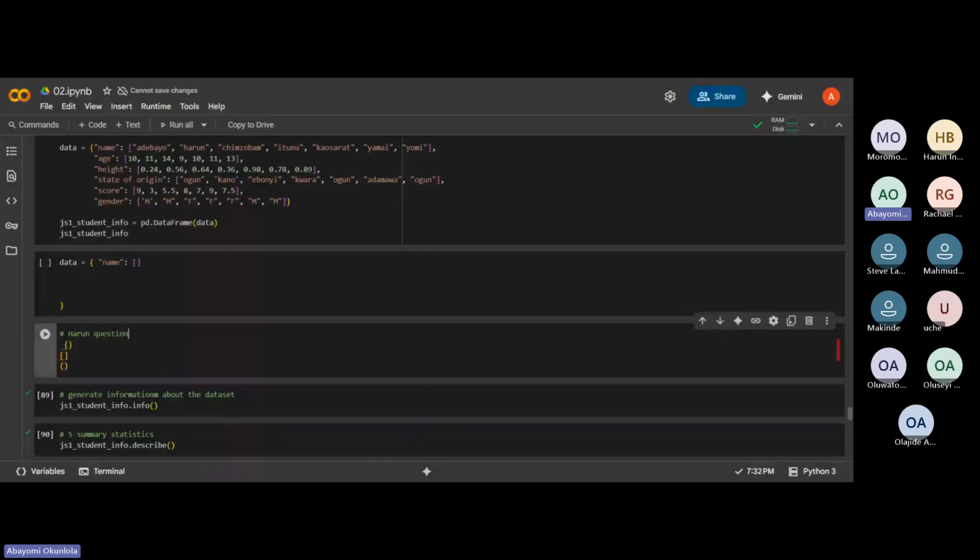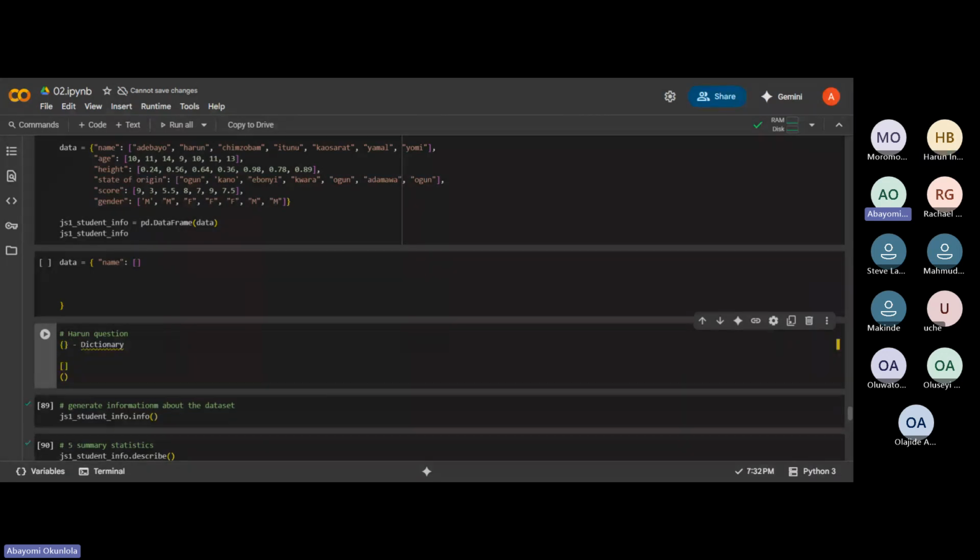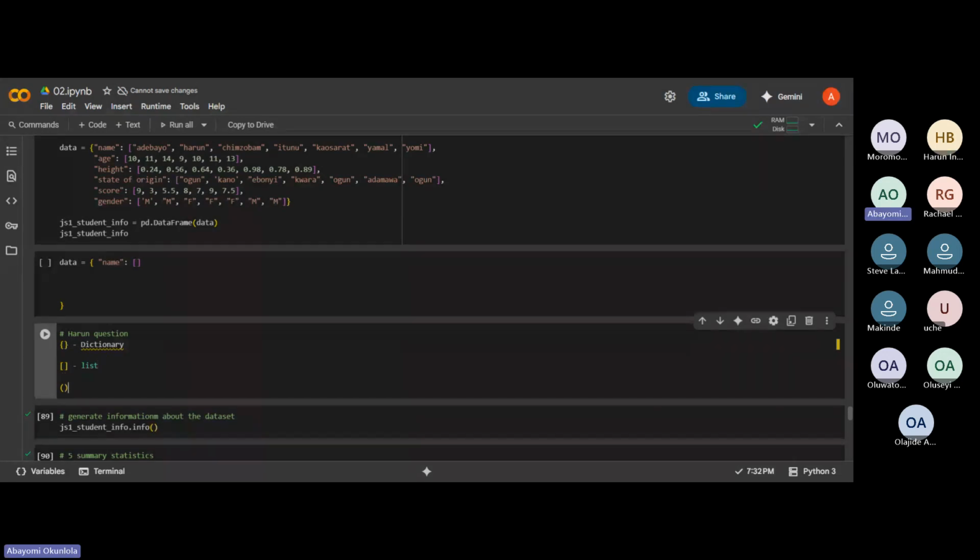So in Python, this is for if you want to work with a dictionary, and then this is used to denote a list. And then this is for your tuple. So depending on the scope of work you want to do, you'll be able to pick the exact one you want to work with.